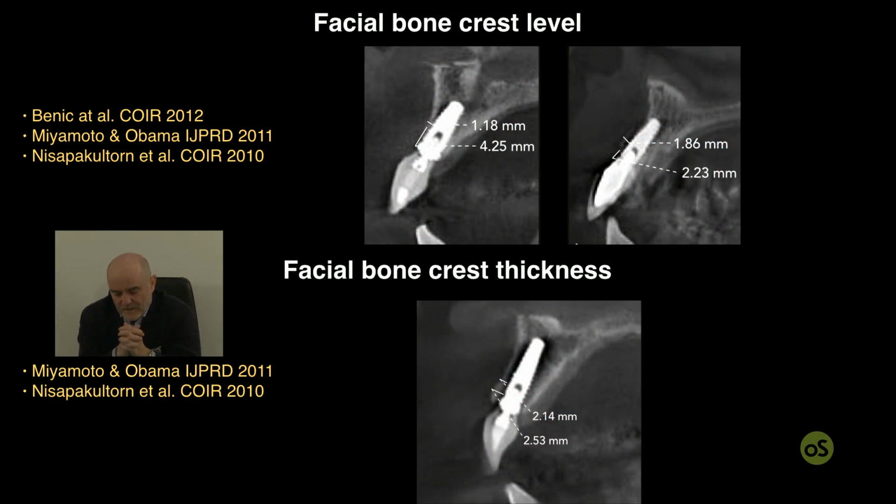Other factors that have been associated with gingival recession around the implant in the literature are all concerning bone, which means that in the literature it seems that the most important factor to prevent or to favor gingival recession is the presence or not of the buccal bone. And according to me, this is not completely correct. I mean, the presence of bone lesions, absence of the buccal bone protecting the implant surface, for sure is something that is favoring gingival recession and implant exposure